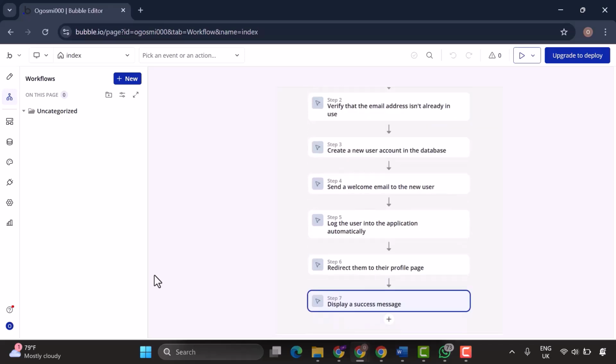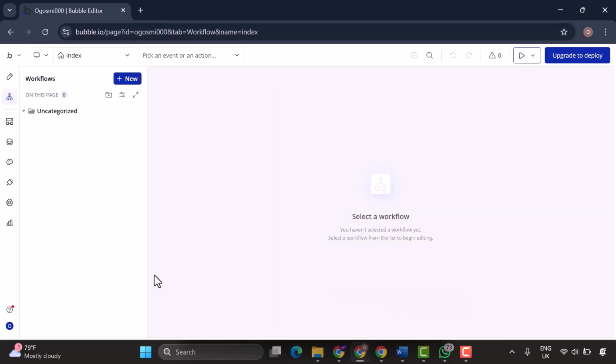6. Log the user into the application automatically. 7. Redirect them to their profile page. 8. Display a success message. All of these steps happen in sequence, often within seconds, and workflows allow you to define every detail of this